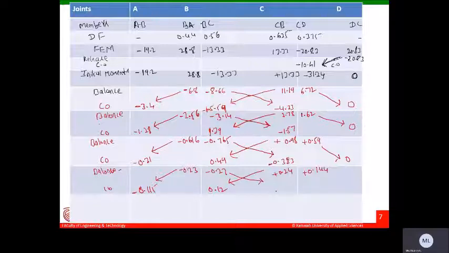We'll get here... how much will we get here? Plus, you get plus 0.135. Here to here is 0. Here to here 0. Okay. Here to here is 0. So now we can balance this. Once again, you can balance this. So if you do the balance, it will be